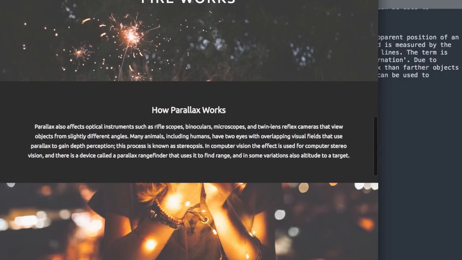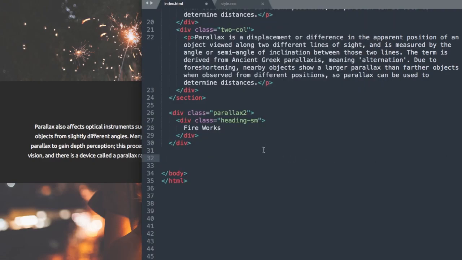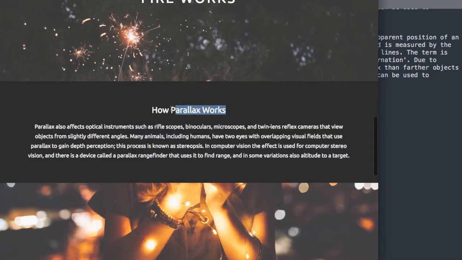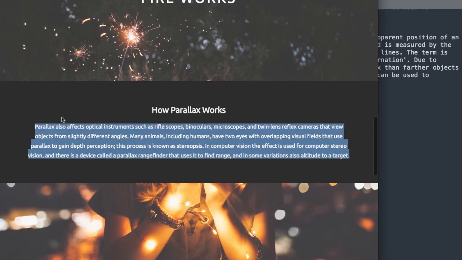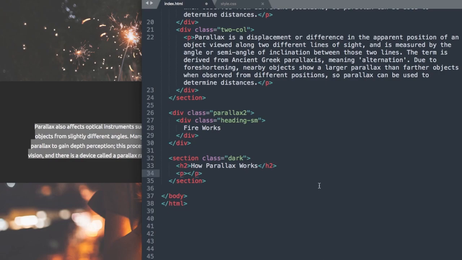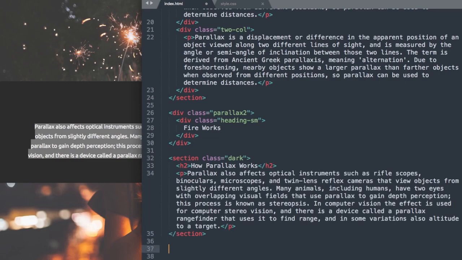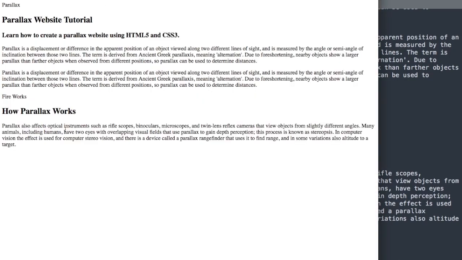Now let's add our next section here. So we're going to use the HTML5 section tag again, but we're going to give it a class and call it dark to give it the dark background later in style.css. Then you can close out your section tag, and let's add a heading 2 now to add how parallax works, and then a paragraph tag underneath it for this text here. Alright, so now we have the first of our 2 dark sections done,